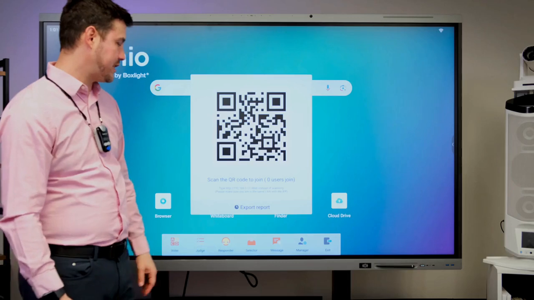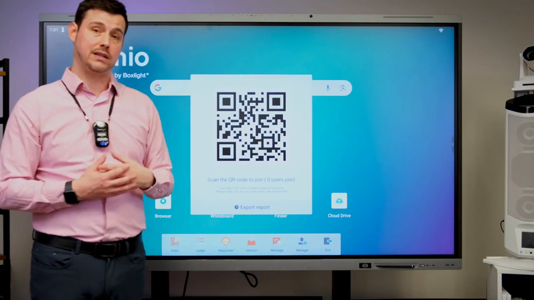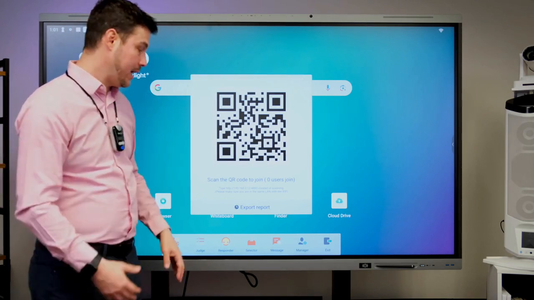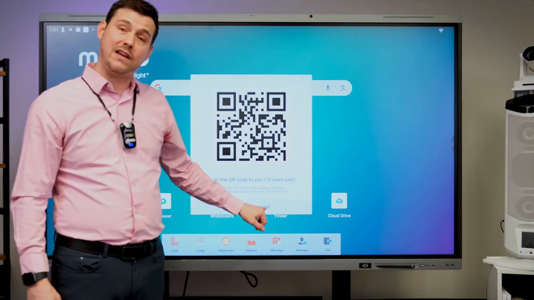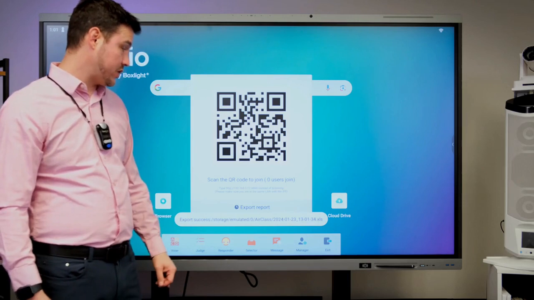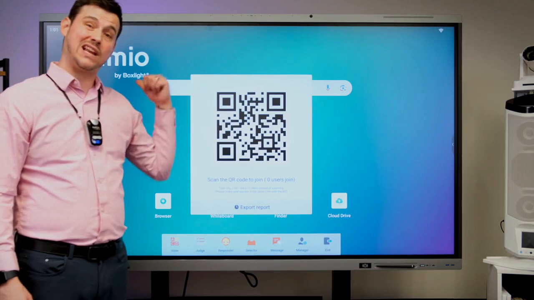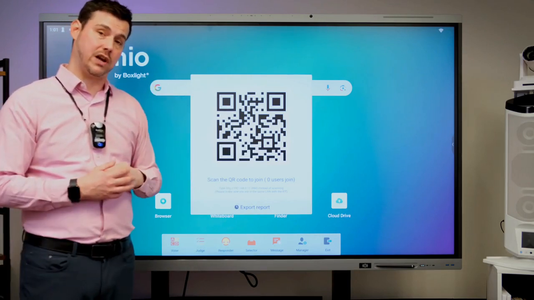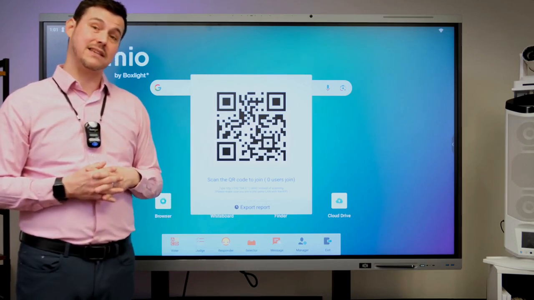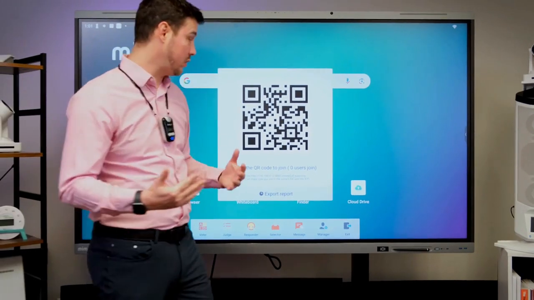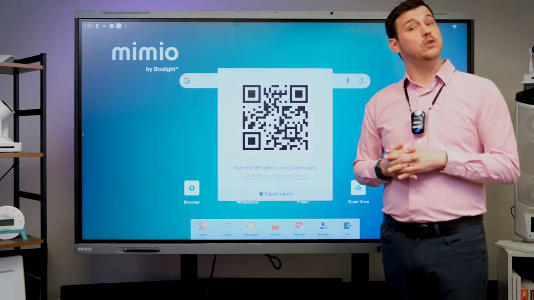Finally, you have the Manage setting, which is going to bring you back to that QR code. Say you had a student that joined late and you want them to be able to still participate. By bringing up that Manage option, it will bring that code up to you. You also then have the ability to export your report, which is a really great tool. And it shows me the pathway that it saved that report so that I now can go into my files and my storage and I can access all of the data from that particular day or class's session. So a really powerful tool, and being able to save and share that data afterwards makes it even more useful and powerful in the